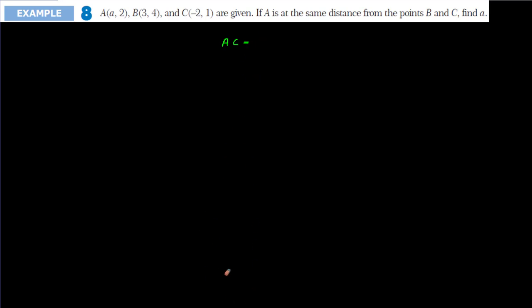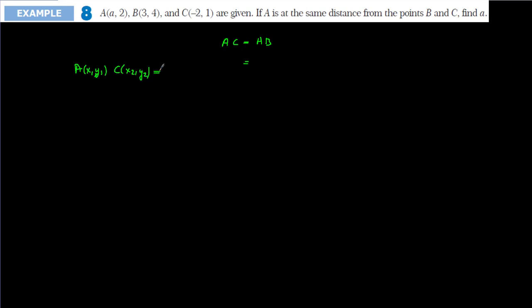AC is equal to AB, because A has the same distance to C and B, which means that here, if I name points A and C, I'm going to get A is equal to (x1, y1), and C is equal to (x2, y2),